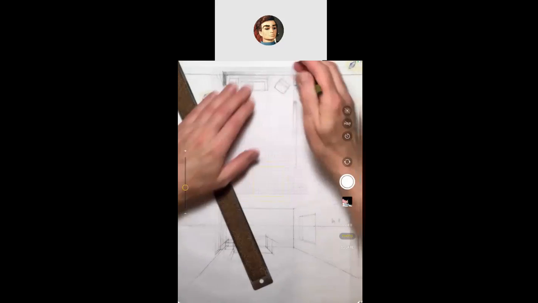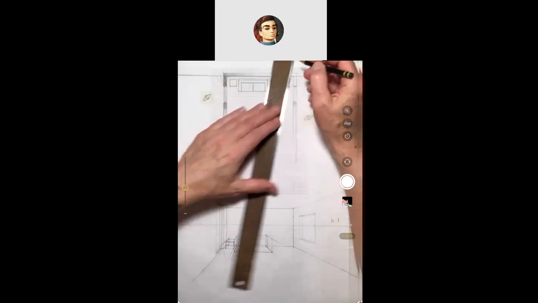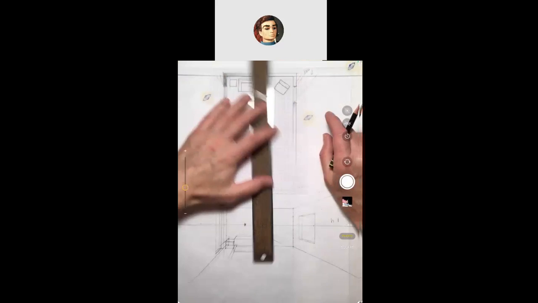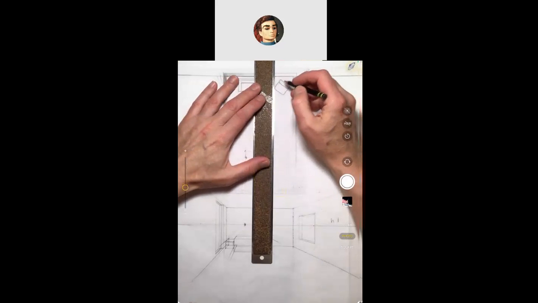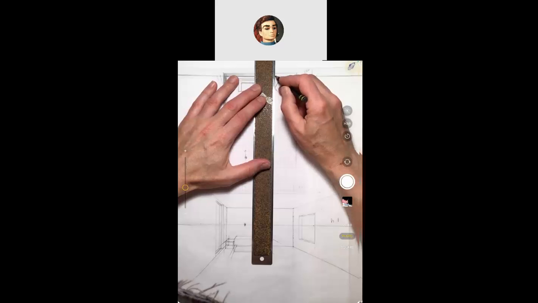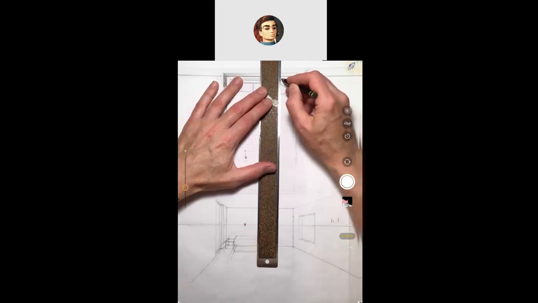But because the vanishing point is going to be way off the paper, an alternative is that you can project. You can do this in 2-point also, like